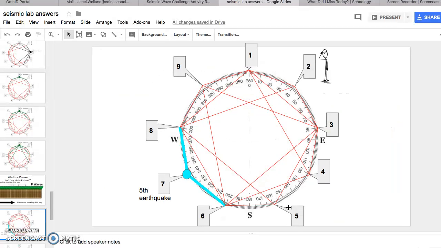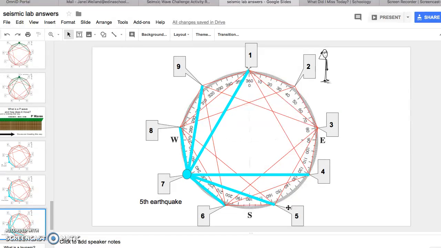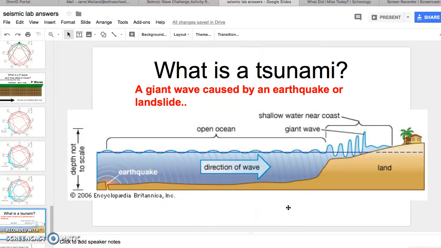Then we had a fifth and final earthquake occur, and you drew your seismic waves. So really your final yellow sheets should look like this, what you see up on the screen, all of those lines. Okay, then you're prompted to watch a little video about tsunamis, and you are asked, what is